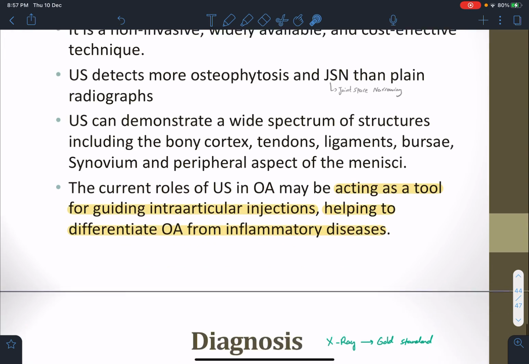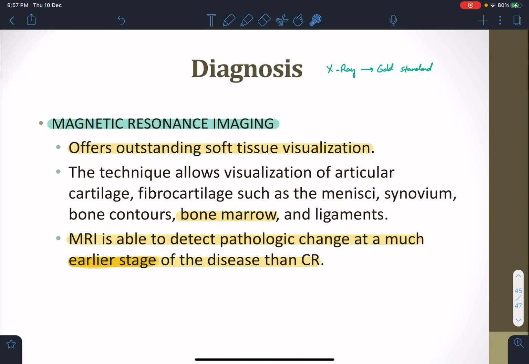And the MRI, of course, offers outstanding soft tissue visualization. You can use it if you're not really sure from the X-ray, or if you're suspecting to detect a pathological change at an early stage of the disease that